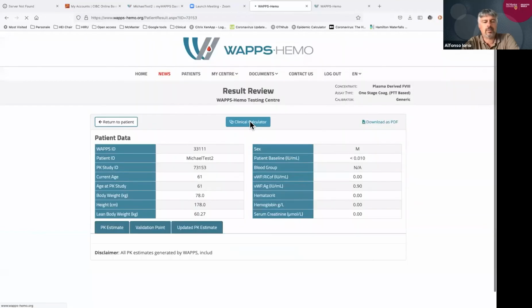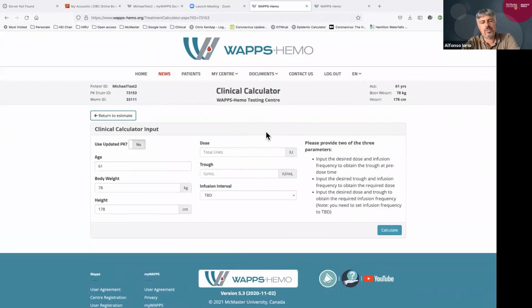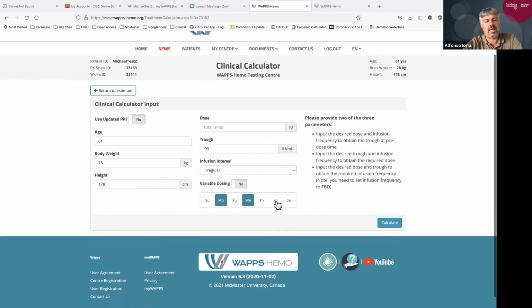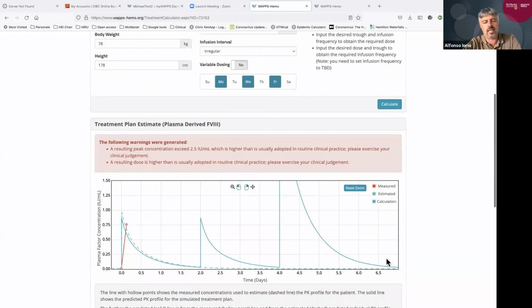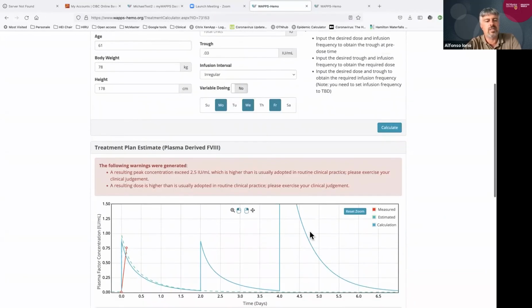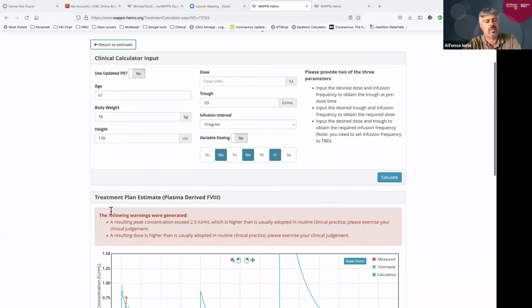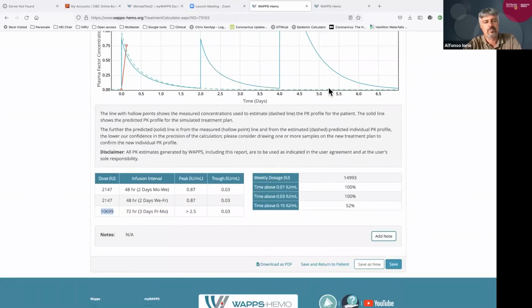Go to the clinical calculator. Now, I can use this calculator in many ways. I could say, okay, I want this patient to be above 3%. And I want this patient to infuse on Monday, Wednesday, Friday. Which dose do I need to give him for them to be always above 3%? And the calculator will make a suggestion which tells you can't do that because on the 4-day interval, you would need to use a 10,000 unit dose, which you can't do,